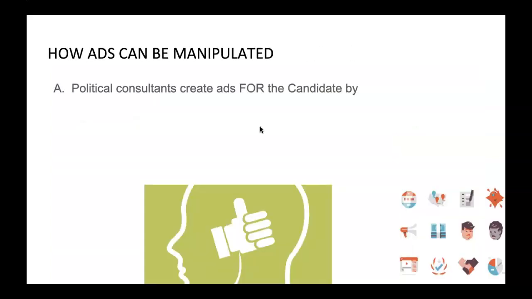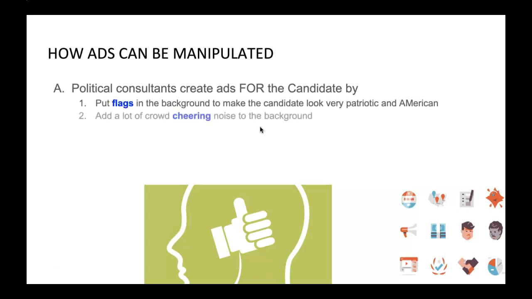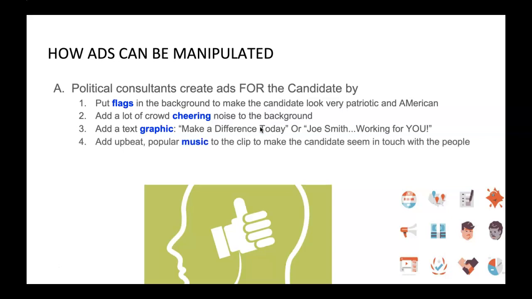Political consultants create ads for the candidate by doing the following: putting flags in the background to make the candidate look very patriotic and American, adding a lot of crowd cheering noise in the background to show support, adding a text graphic like "Make a Difference Today" or "Joe Smith working for you," adding upbeat popular music to make the candidate seem